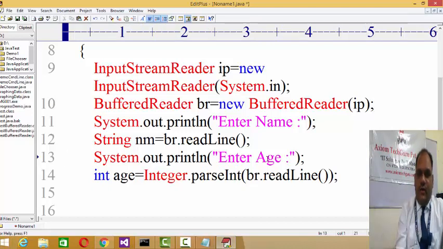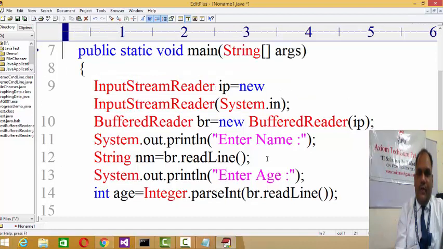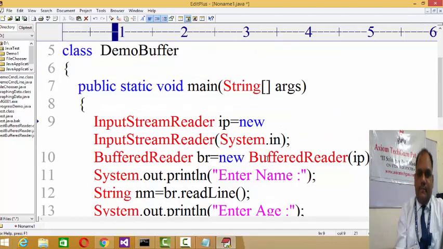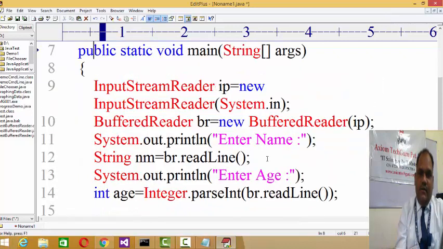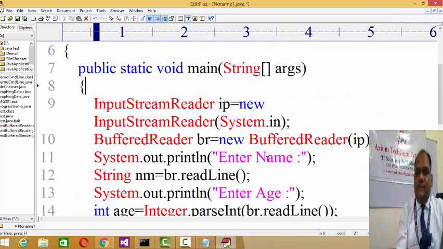Now I just want to add one point over there. As this BufferedReader is dealing with the memory, right, it will throw exceptions. Exceptions means runtime logical bugs. I'll discuss exceptions in the coming sessions about exception handling.